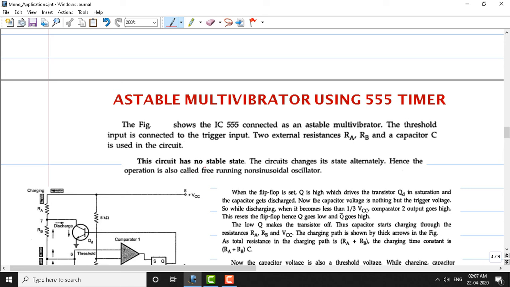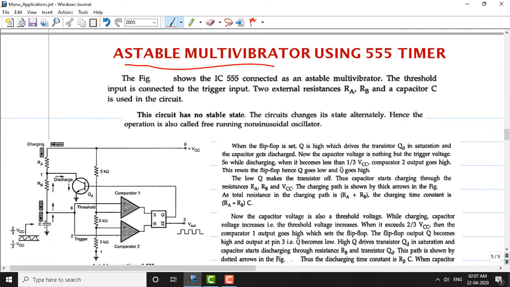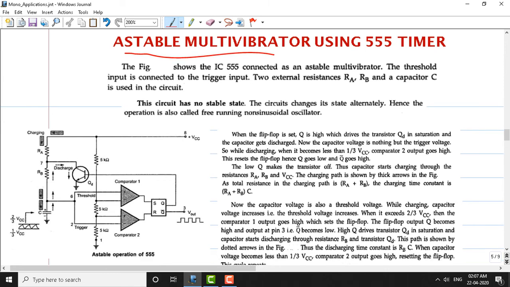Okay, next. So far we have covered the monostable multivibrator and its application. Now it's time to cover another important application of the 555 timer, which is the astable multivibrator. The astable multivibrator is very popular, and it is known as a free running multivibrator. Similar to the monostable multivibrator, the astable multivibrator is also used in many applications. Now let us go through the basic circuit diagram and understand the working principle of the astable multivibrator using the 555 timer. The figure shows the IC version of the 555 timer, manufactured in the form of an IC.